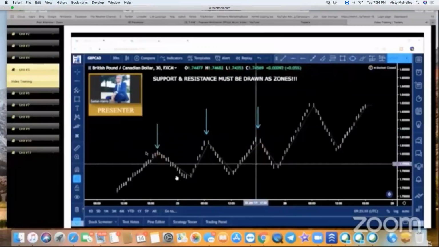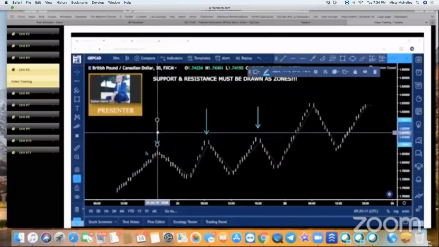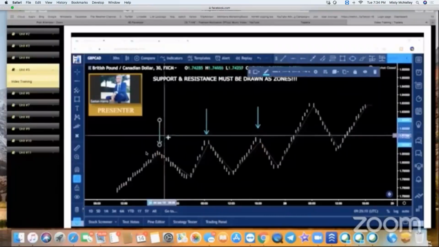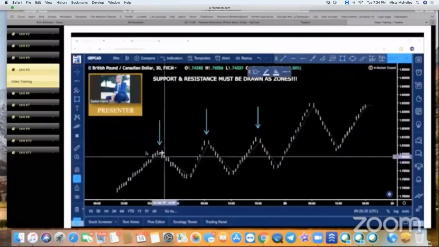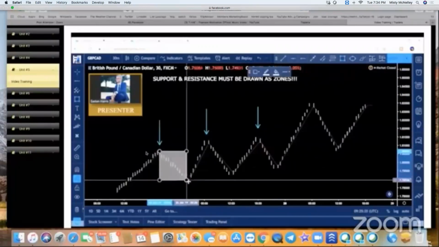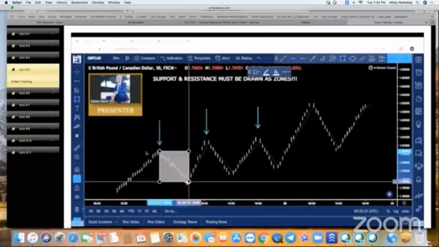When drawing the support and resistance zones, let's look at this one for instance, this area right here. We need to figure out what caused this reaction in the market. At what point within the market caused this bearish reaction? And we need the very beginning of that move. We need the very edge. So if we're looking for the very edge of this move here,